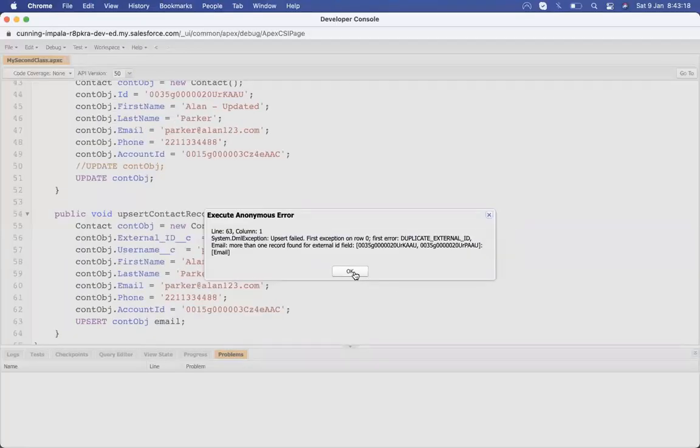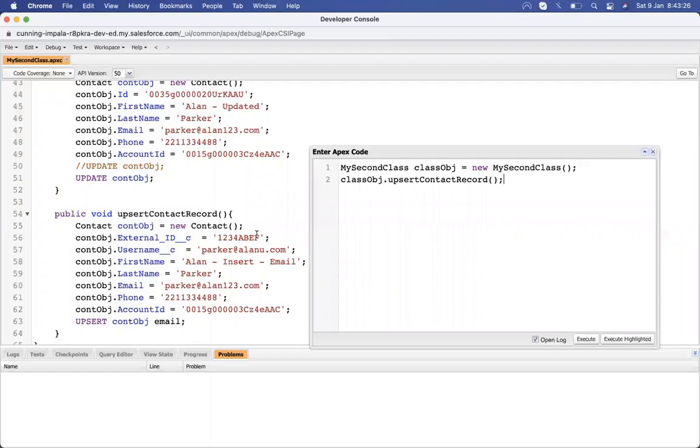What happened? One or more records found. Okay, duplicate external ID is found. Or let's comment this line. No issue to update.